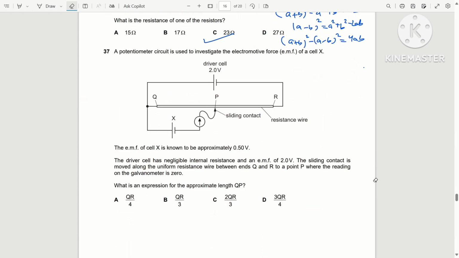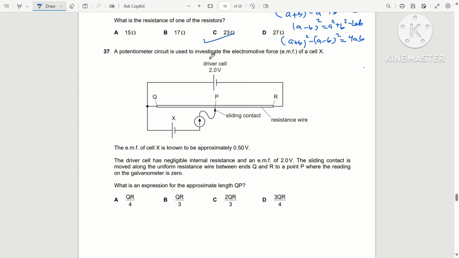Question 37. A potentiometer circuit is used to investigate the electromotive force of a cell X. The EMF of the cell is known to be approximately 0.50 volt. The driver cell has negligible internal resistance and an EMF of 2 volt. The sliding contact is moved along the uniform resistance. What is an expression? So we know that this